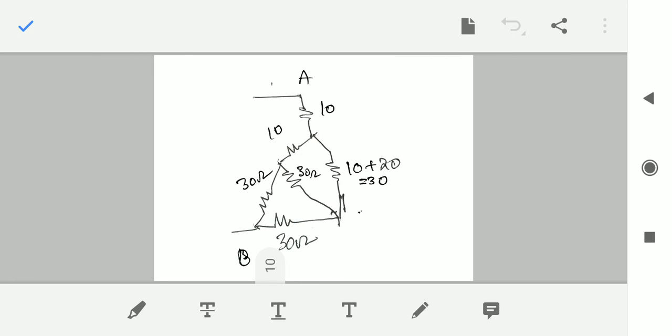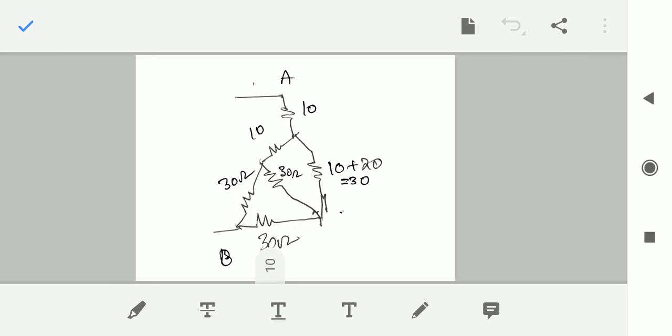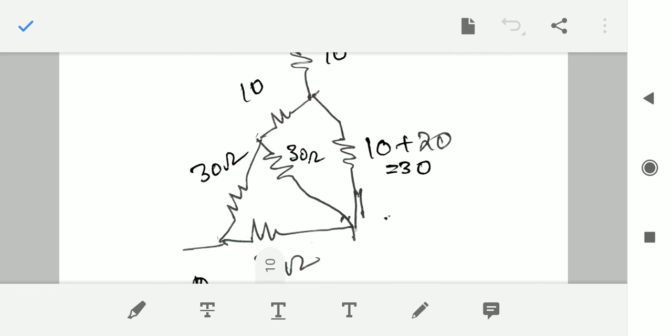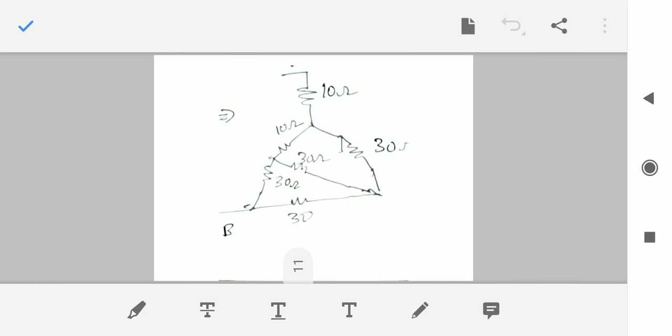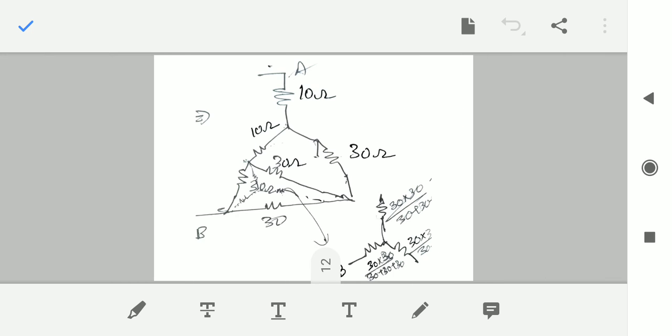Are any other resistances reducible? No, there is no option to reduce it, because all the resistances are in such a manner that they are neither in parallel nor in series. So once again we have to go for star to delta transformation. There are two deltas present. We are converting one delta into star. So now we have converted this lower delta into star, and after converting, we got the circuit like this.